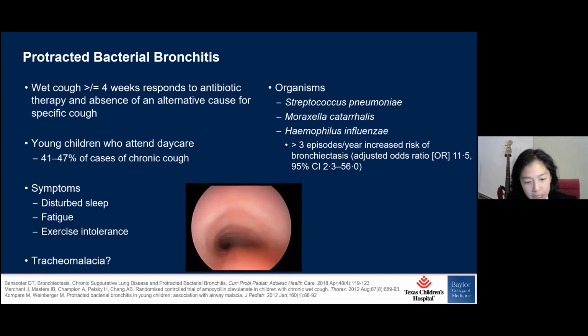Bacteria go to standing mucus like mosquitoes to water, right? So they have a lower threshold to treat these kids with antibiotics, in addition to doing very aggressive pulmonary clearance, whether it be chest PT, vest, a cappella, whatever it is that they choose to use, usually starting with just chest clapping for most of our kids. First off, I think with tracheomalacia, there isn't much data that I could find in the literature, but I will say clinically that is how our colleagues are quite aggressive with antibiotic management for our kids with tracheomalacia, thinking that they're at higher risk for developing acute pneumonia and PBB, and then bronchiectasis.